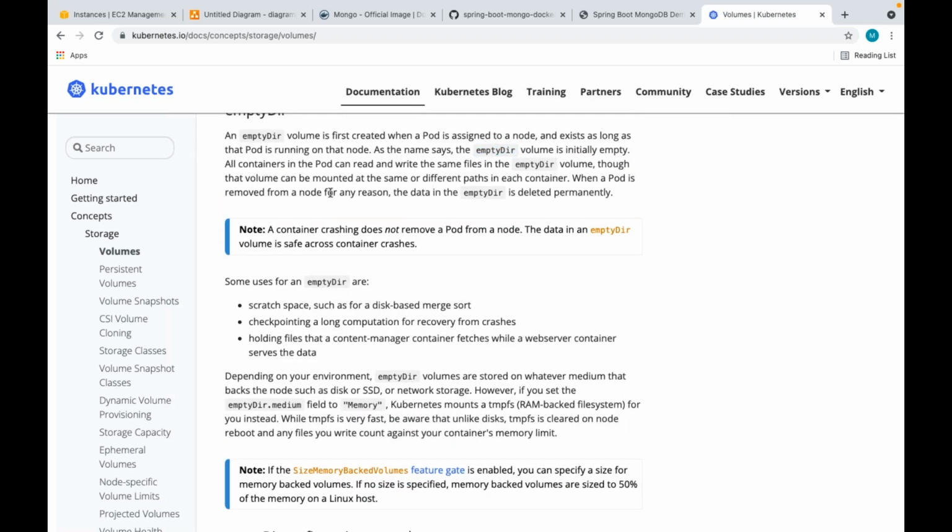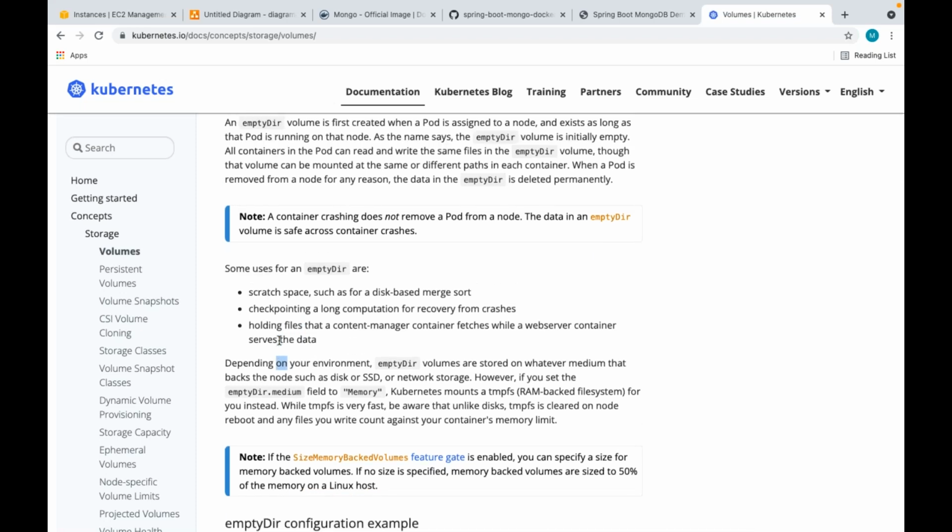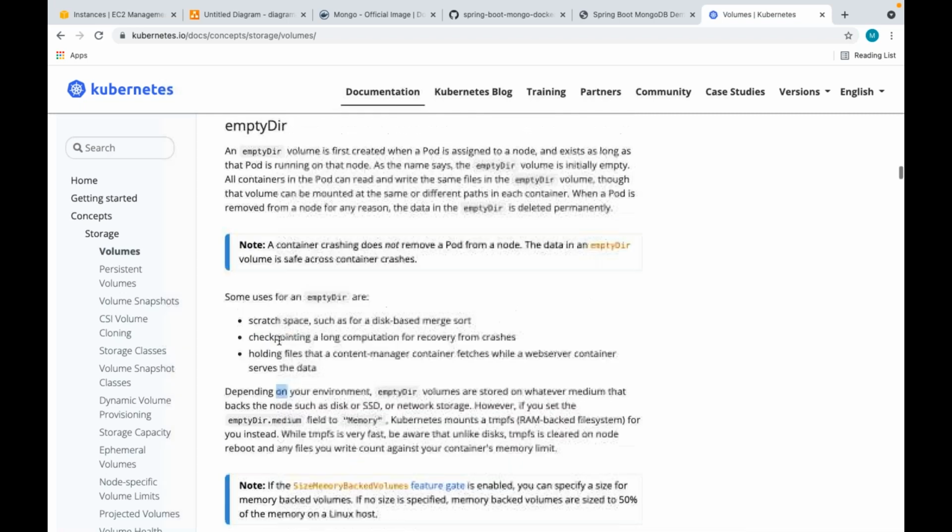The moment the pod is removed from that node for any reason, the emptyDir also will be deleted, right? So this is not recommended for persistent data. This is only for temporary data. Sometimes in the interview they ask this question: what is emptyDir?